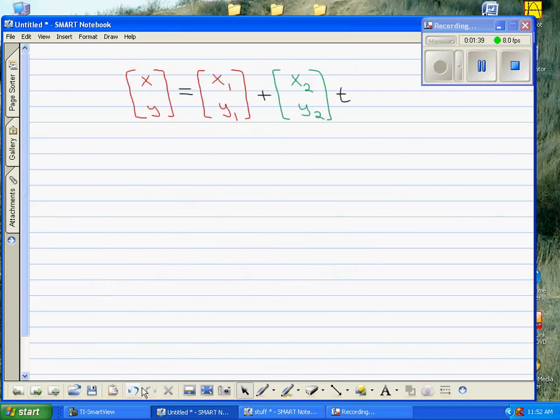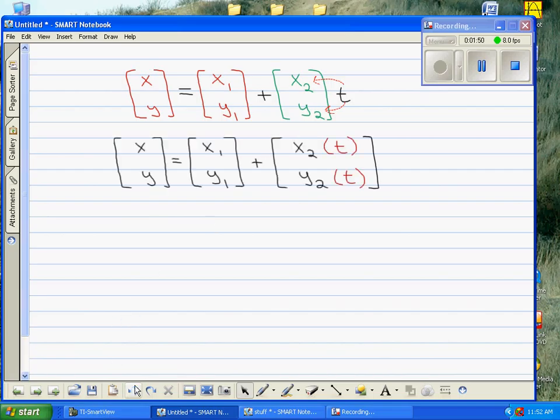First thing we do is distribute the t to our x2, y2 component form vector, which yields the following equation: vector xy is equal to vector x1, y1 plus vector x2 times t, y2 times t. Simplifying that, just getting rid of the parentheses, leaves us vector xy is equal to vector x1, y1